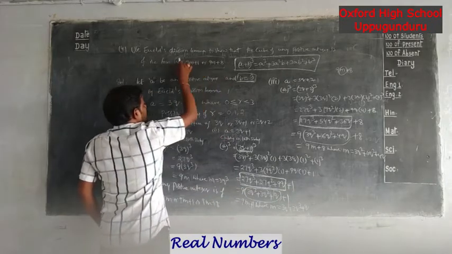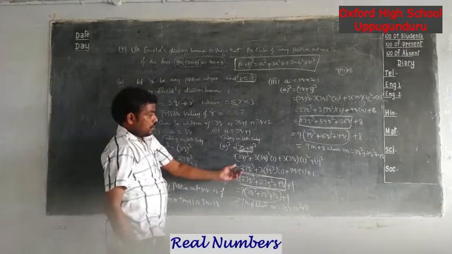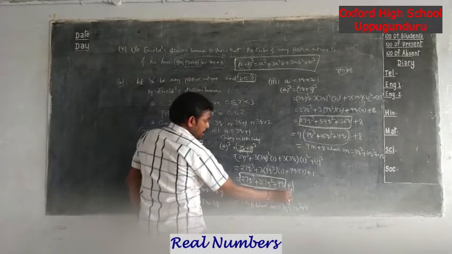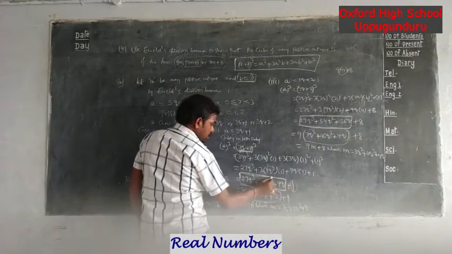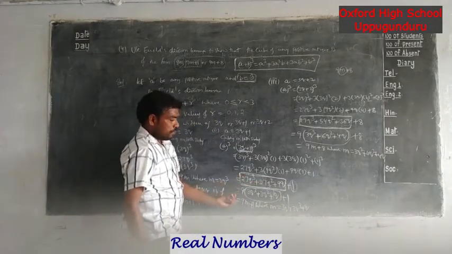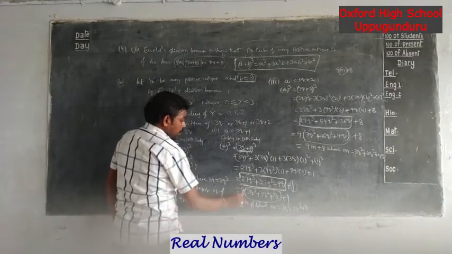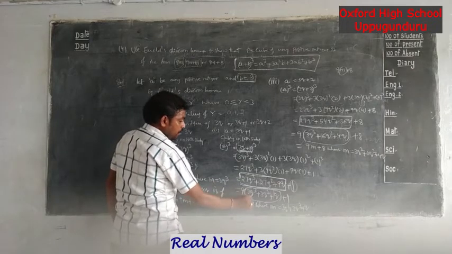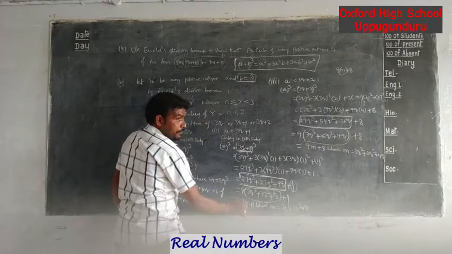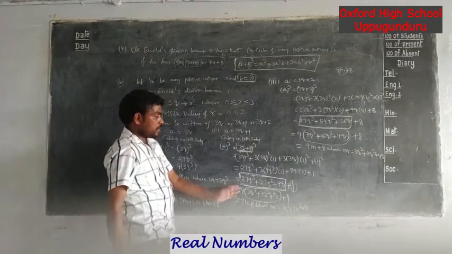In these terms, last term is 1, which means you have to express this expression in terms of 9m plus 1. That's why, other than this last term, the remaining three terms you have to combine and write in terms of 9 into some multiple. So we are taking 9 common and writing 9 into 3q cube plus 3q square plus q. We are considering this total value as m. Now this a cube is in the form of 9m plus 1 in the second case.